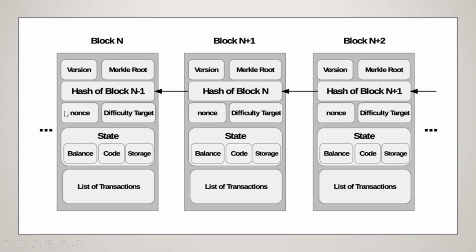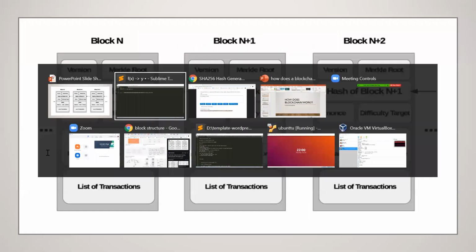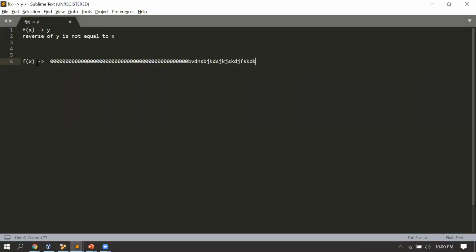We are finding a value with the help of the function defined over here, or the puzzle that is made in such a way that you are trying to find a value which starts with a certain number of zeros, followed by something. It is not exactly like this, but it is something like it. So that is what you have to find, and it takes a large amount of time